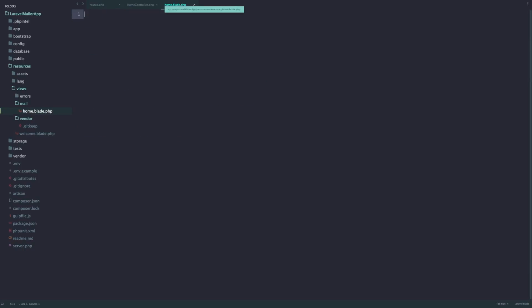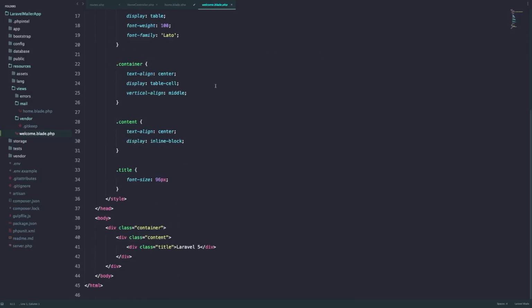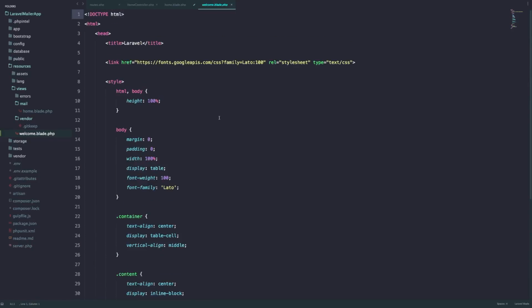let's get rid of this and start working on our home view. So home view is essentially going to extend the welcome view. The welcome view is provided to us here by Laravel. So what we want to do is basically alter this welcome view a little bit. Maybe we should just get rid of everything, and then we'll give it a little bit of Bootstrap, and a little bit of jQuery. Yeah, that's a good idea. So let's just